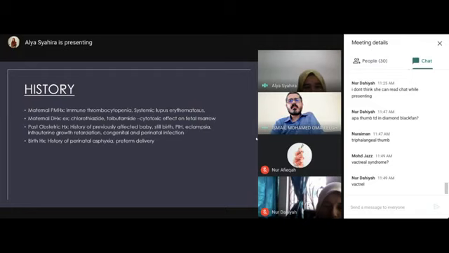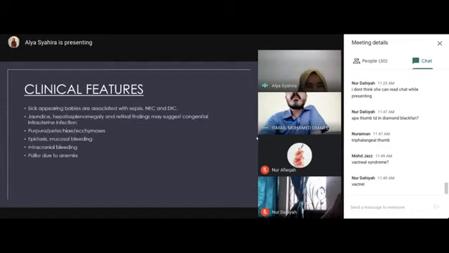So for the clinical features, firstly we look at the general condition of the baby. The baby might appear sick. If the baby appears to be sick, ill-looking, irritable, it is usually caused by inflammatory causes like sepsis or NEC. And if the baby has jaundice, hepatosplenomegaly or any retinal findings, it can suggest congenital